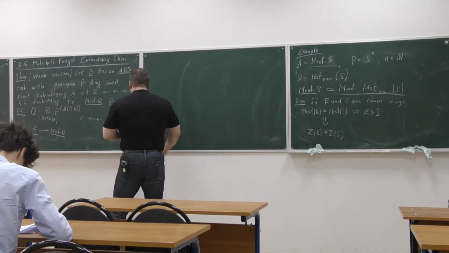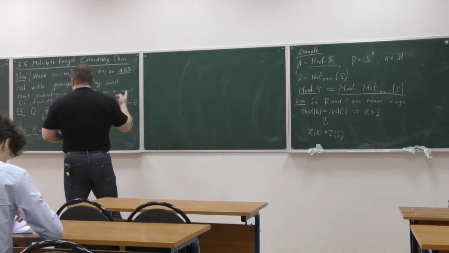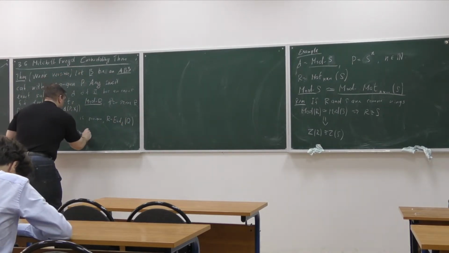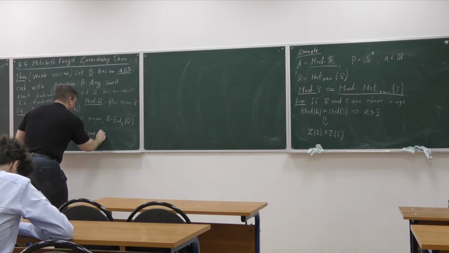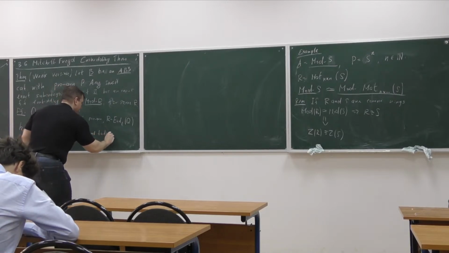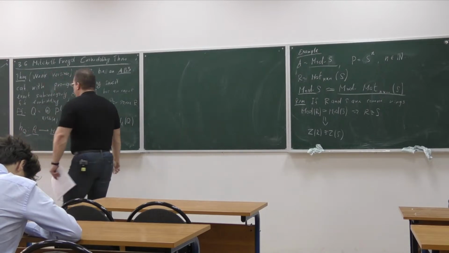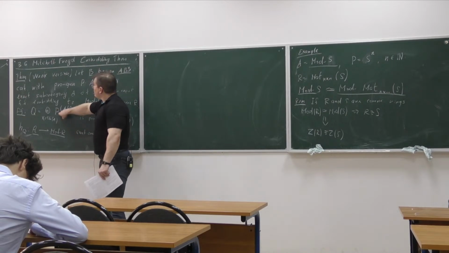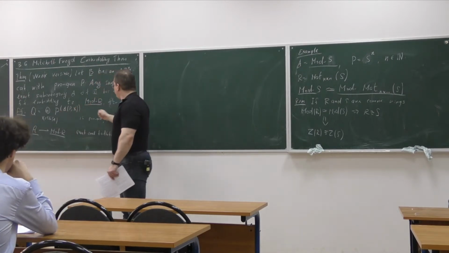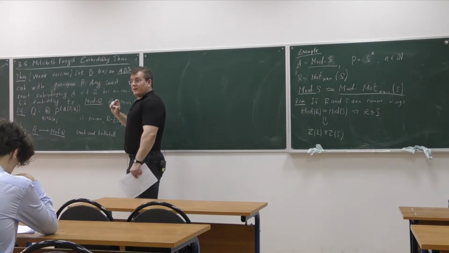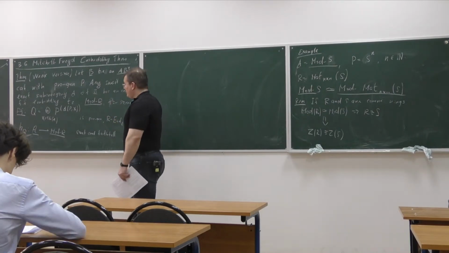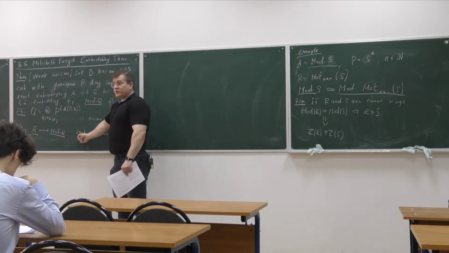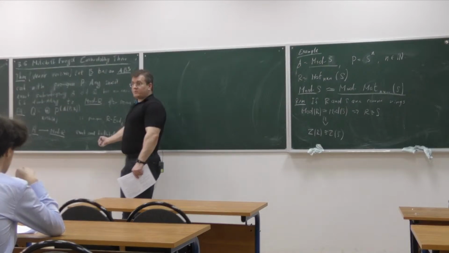Okay, so what we already know as before, we know that this thing is exact and faithful. Well, by the assumption, because P is a progenerator, hence Q is a progenerator. And progenerator exactly means that this functor is exact. This is a property of being projective. And faithful, this is a property of being a generator.